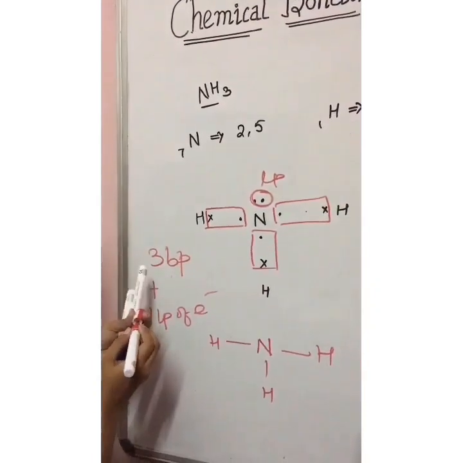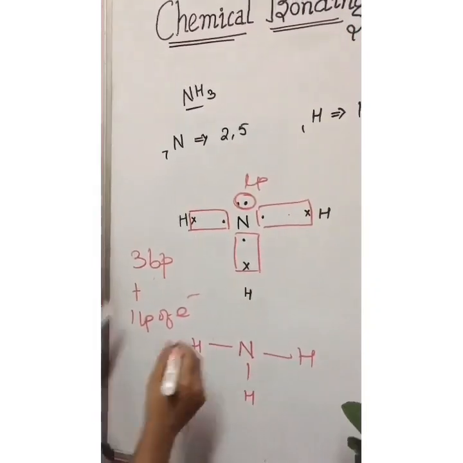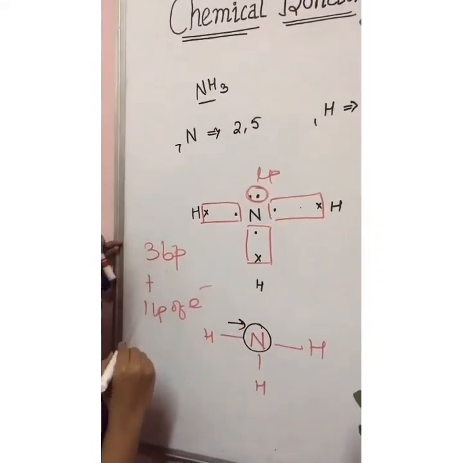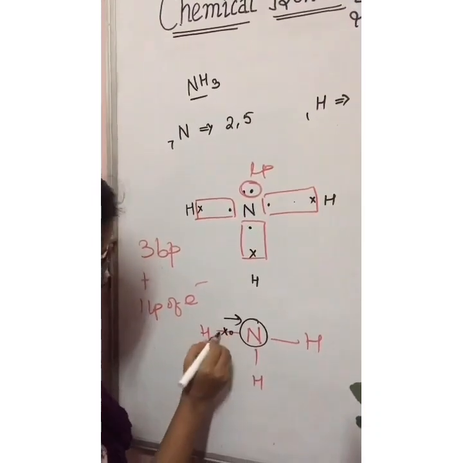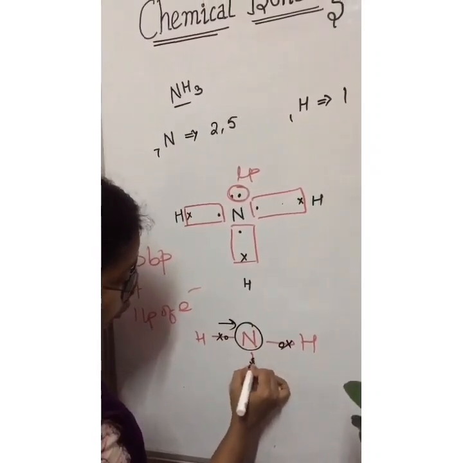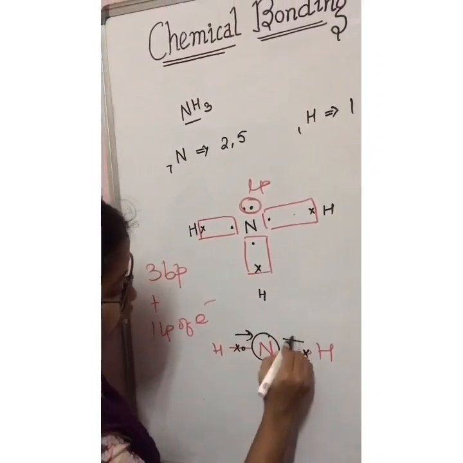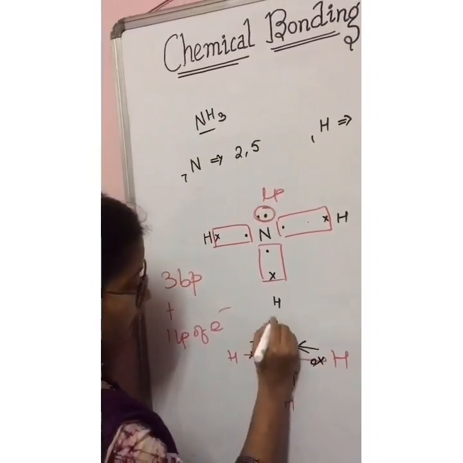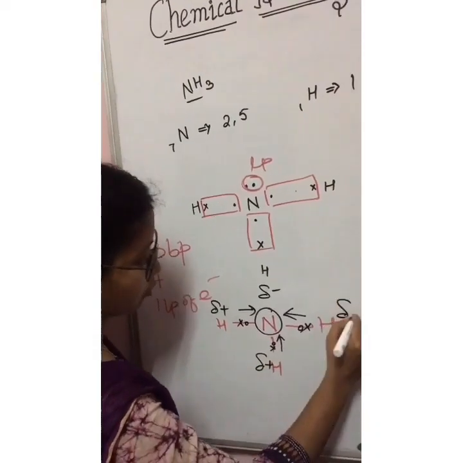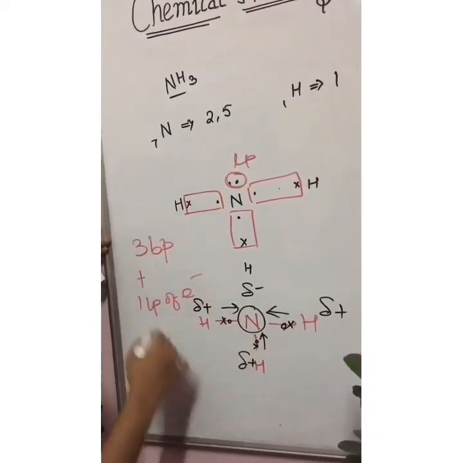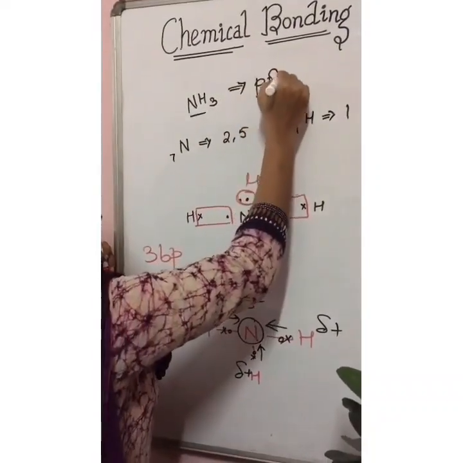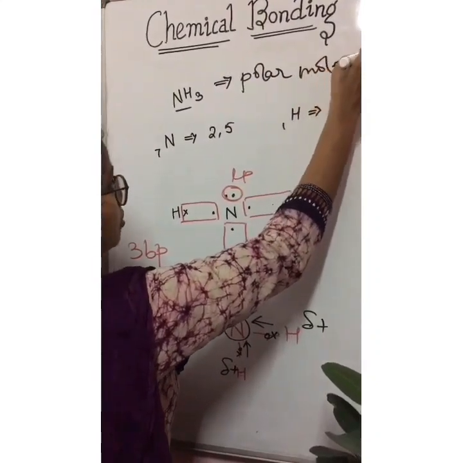The next thing which we have to see in this molecule: nitrogen is an electronegative element. So it will try to pull the shared pair of electrons which is forming the bond towards itself. So in case of all bonds, the electron is being slightly shifted towards nitrogen. So nitrogen will have a delta minus charge. Each hydrogen will have a delta plus charge because nitrogen is pulling their electron towards itself. So this compound will also have a dipole moment. Hence NH3 also is a polar molecule.